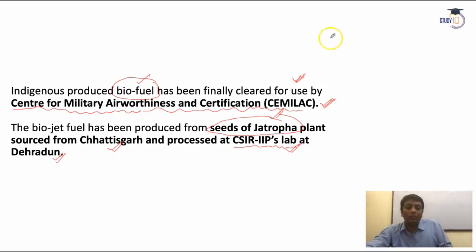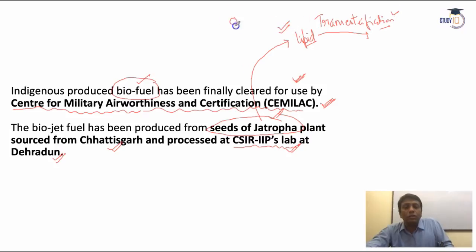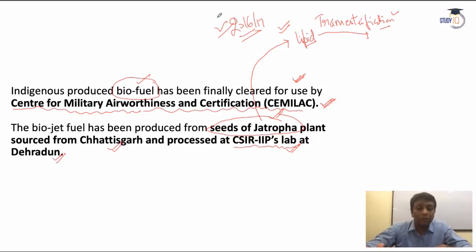So, you know what happens when you take Jatropha. Suppose Jatropha seeds have a lipid content. You take the juice of Jatropha, that is the lipid content. In this lipid content, you do a chemical reaction called, friends, the trans-esterification process. It's a very lengthy process, and UPSC also asked a question in 2016 or 17 on algal oil. That engineering process to develop a diesel from the lipid content is very difficult. That type of procedure we adopt here in the CSIR lab situated in Dehradun.